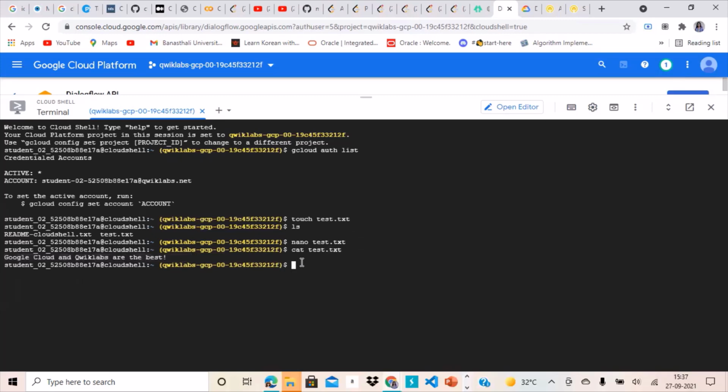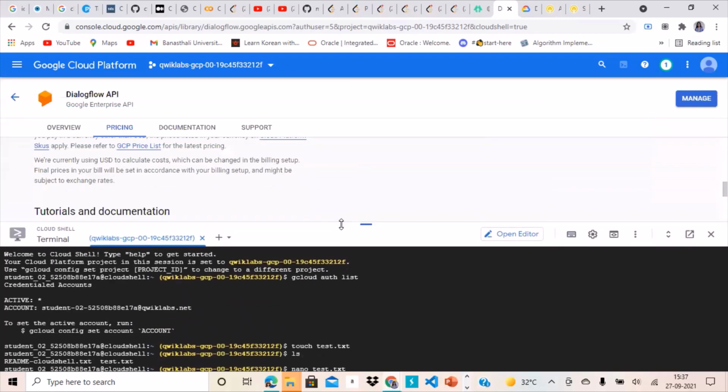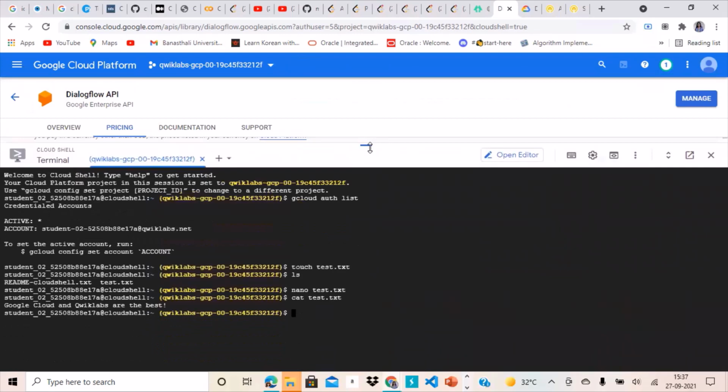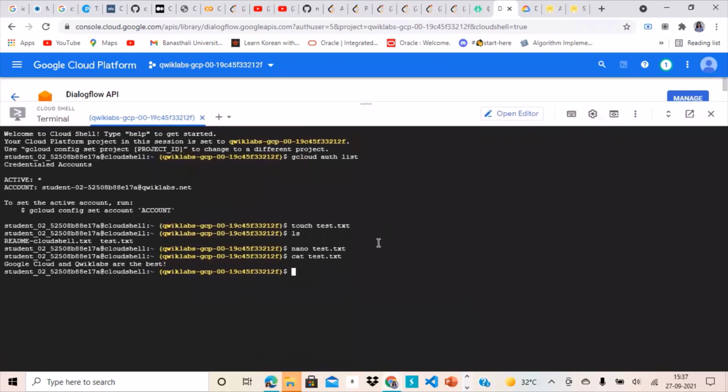So we can confirm that our test.txt was updated by the nano command, right? And this was all about this lab. This lab only needed to show you different commands in Cloud Shell, acquaint you with different services that GCP provides, and the different terms that you will be using in further labs, right?